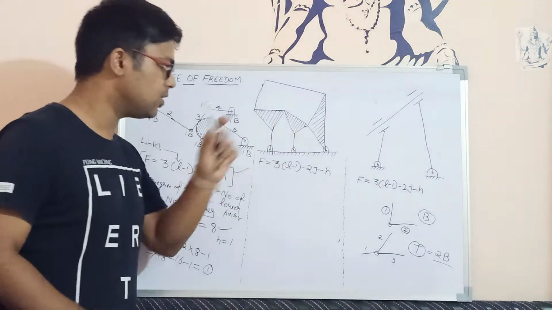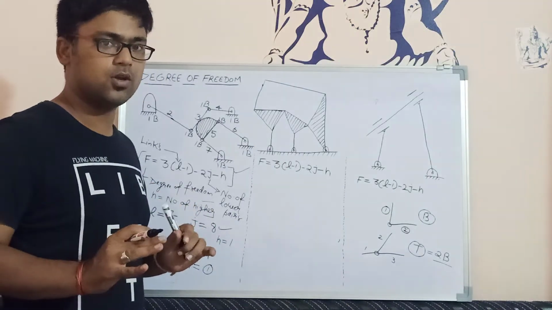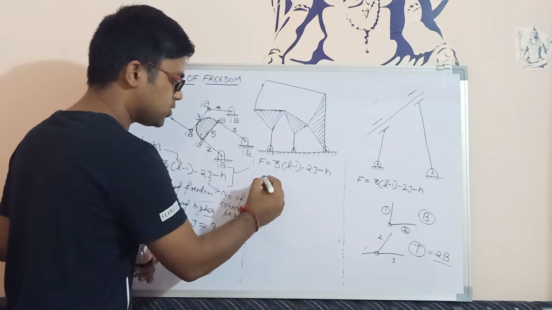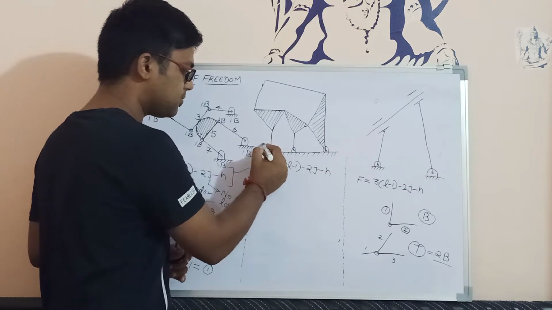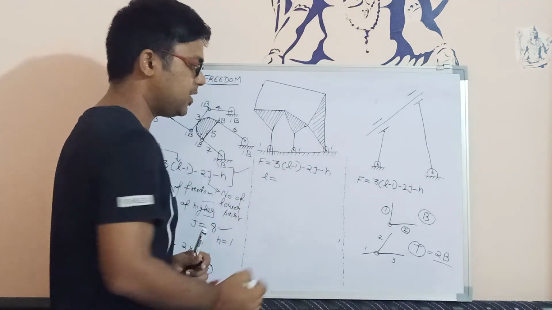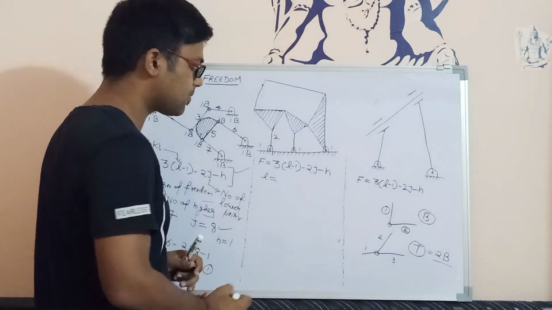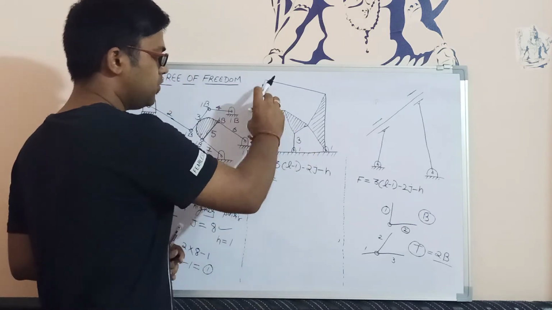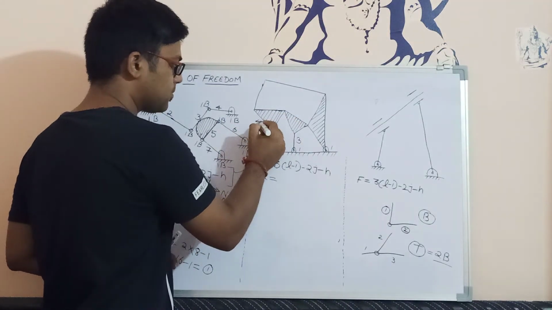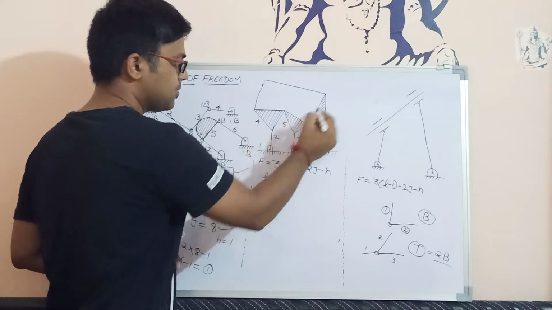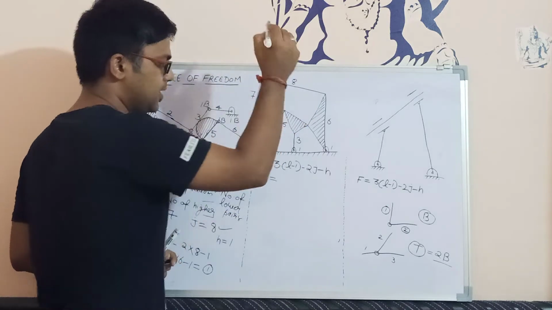After that, we are going to discuss one more case in which we are not having any higher pairs. So we have to simply apply the formula F equals, first find the number of links. How many links are there? This is again going to be my first link. All the links are fixed, so they will behave like one link. Second link and third link. The portions which are shaded are behaving like one link. So this entire thing will be my link 4. This entire body will be link 5, this entire body will be link 6, then link 7, and the last one is going to be my link 8.